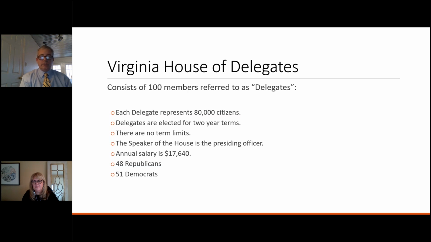Currently, because of the recent elections on November 7th, Republicans have lost control of the House of Delegates. So we have now 48 Republicans, 51 Democrats. Yesterday, Delegate Les Adams retired, even though he had been reelected in November. So the governor has called a special election for January 9th that effectively takes down the seats to 47 Republicans, 51 Democrats, but Delegate Adams' seat is reliably Republican, so we expect a Republican to be elected there on the 9th. Next slide, Katherine.